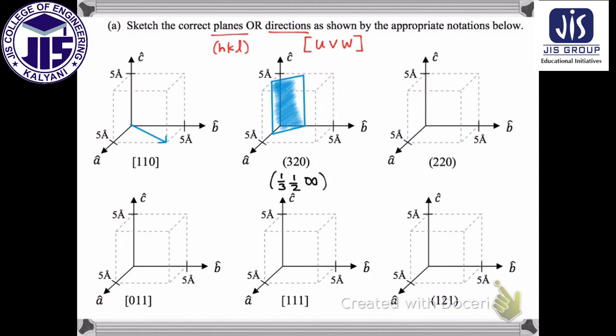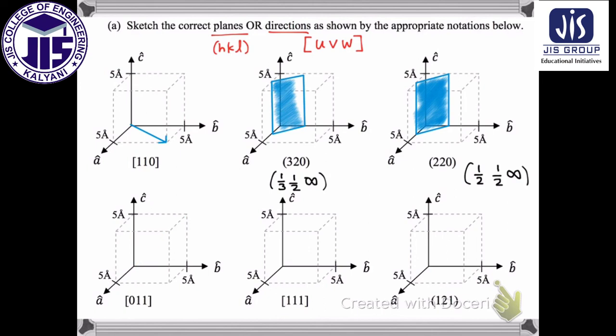Next, let's take the reciprocal of the 2, 2, 0 plane. The reciprocal of 2 is 1/2. The reciprocal of 2 again is 1/2, and then we do the mathematical trick: the reciprocal of 0 is infinity, to show that we're looking for parallel to that axis. So it's very similar to the previous one, except instead of 1/3 we're at 1/2, then 1/2 again, and then again parallel to C.